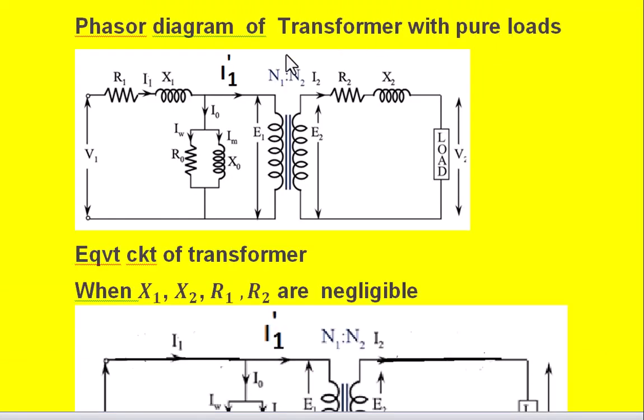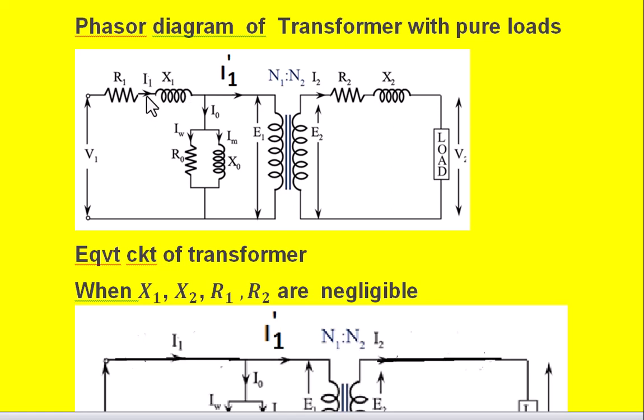So let me consider first the phasor diagram of the transformer without leakage reactance and with pure loads. Before we discuss that, let me draw the equivalent circuit of the original transformer like this. This is the primary winding equivalent circuit. This consists of applied voltage V1, and R1 is the winding resistance, X1 is the leakage reactance of the primary